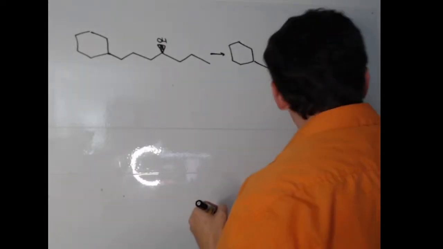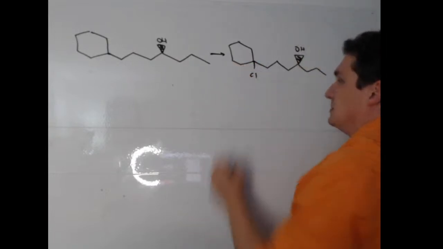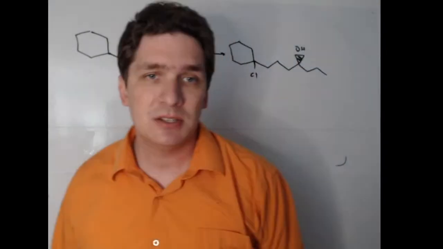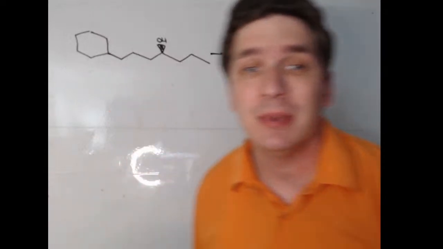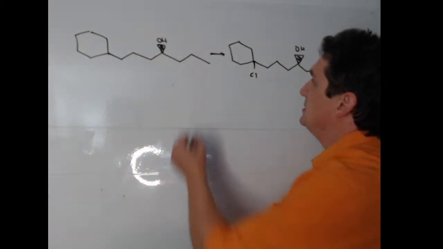Oops. And what you'll notice here is that it's missing the stereochemistry. There's a big reason for this. One, we're eliminating it so we don't care. And two, it's kind of to tip you off to the mechanism. Easiest way to do this